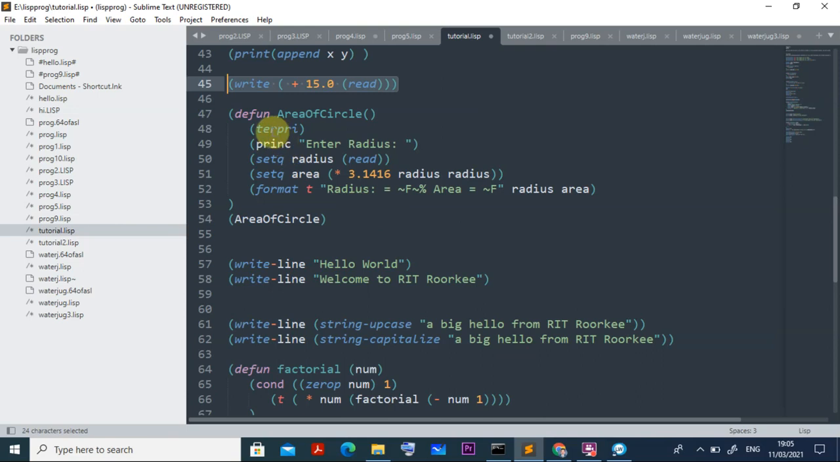And this terminal printing TRPI is just for creating a new line. It puts one line gap there. So I define a function, area of circle, then TRPI for one line gap, then prints "enter radius". I have to put what the radius is: set q radius is equal to read, that means whatever radius I put there, it will read that one, and area is equal to pi into radius and